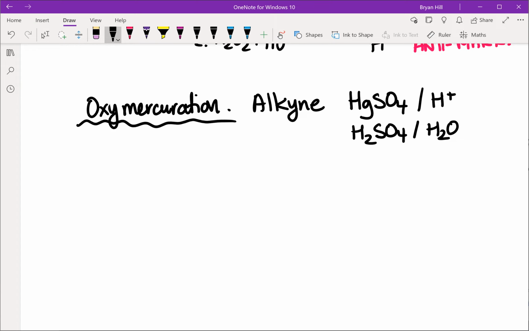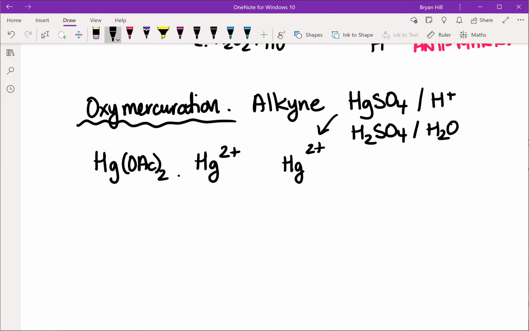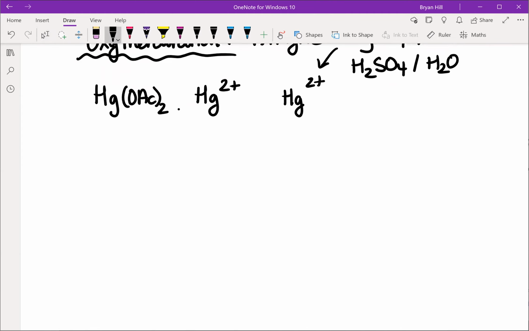So we're still using, if you think about mercury acetate or mercury diacetate, the mercury in this case is mercury 2+. And with mercury sulfate, this would be mercury 2+ as well. So it's still using mercury 2+ as the reagent. There is no reduction in the second step. So if we've got a terminal alkyne